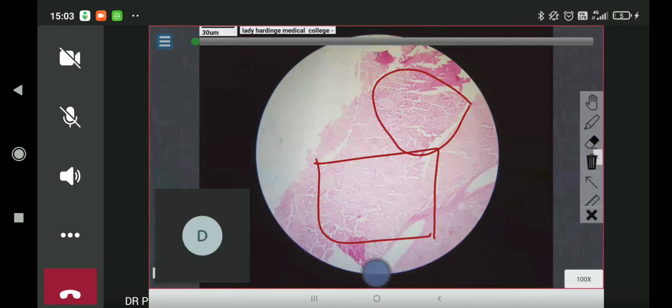Will you get it under a light microscope? No, ma'am, polarized light. Polarizing microscope. Very good. And there's another special stain which is, anybody? Thioflavin. Very good. It's a fluorescent dye, thioflavin T or thioflavin S. That will also give a green color.